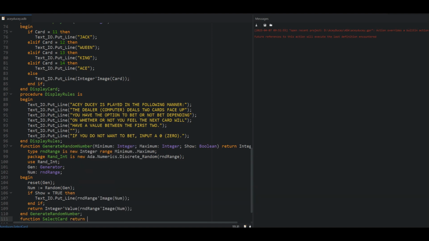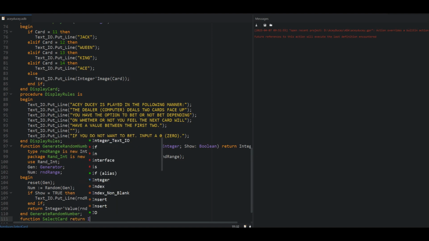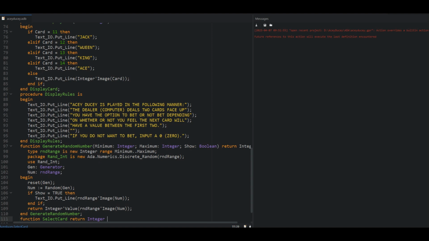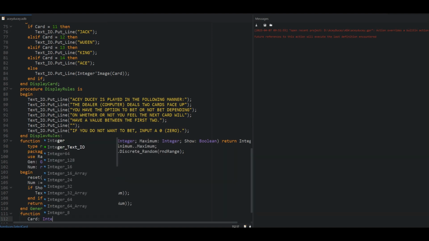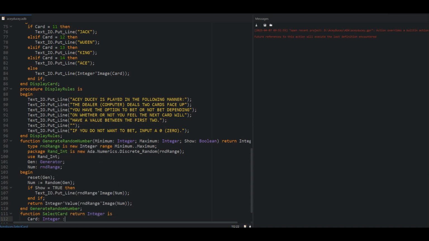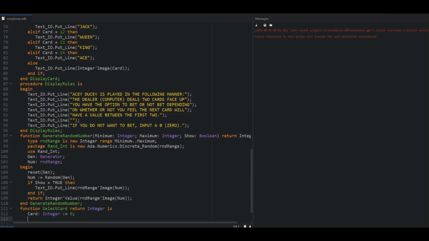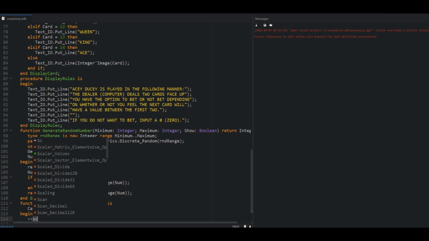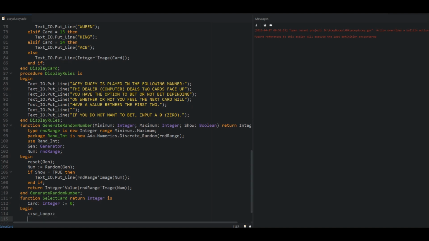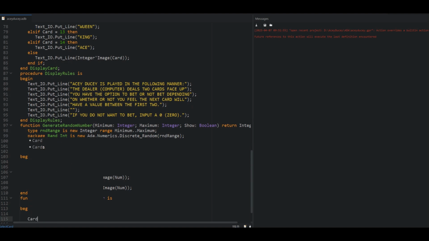That doesn't take anything, and it's going to return an integer. And now we'll put a little card here that is our integer, and let's initialize it to 0. And then we will begin. And then we're going to do a select card loop, and then we are going to do that card